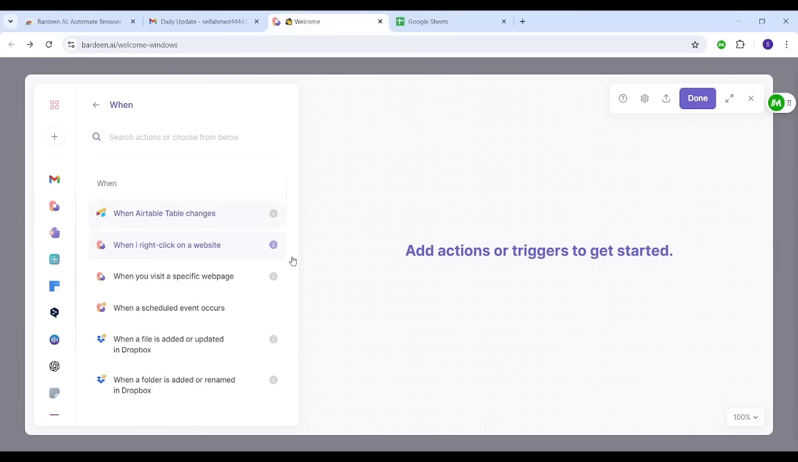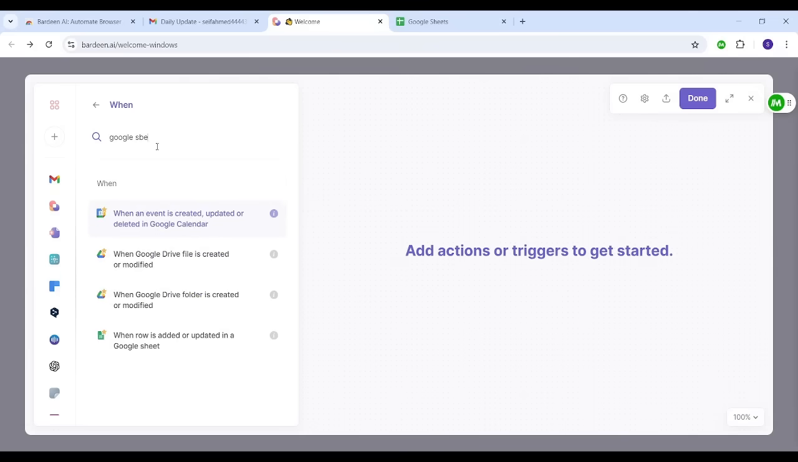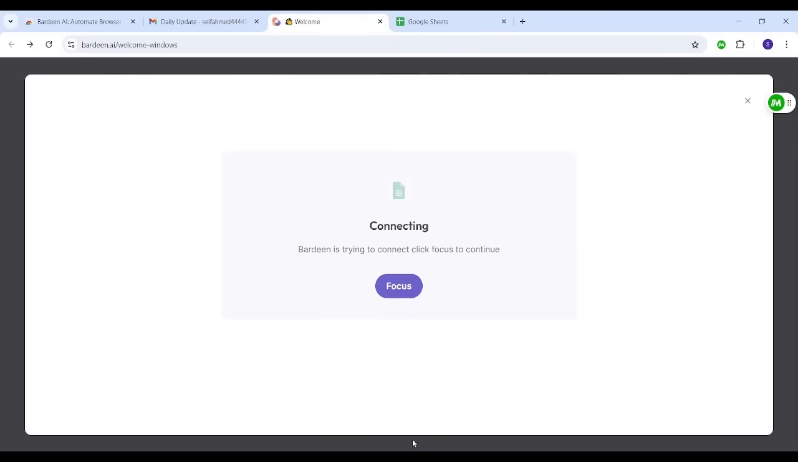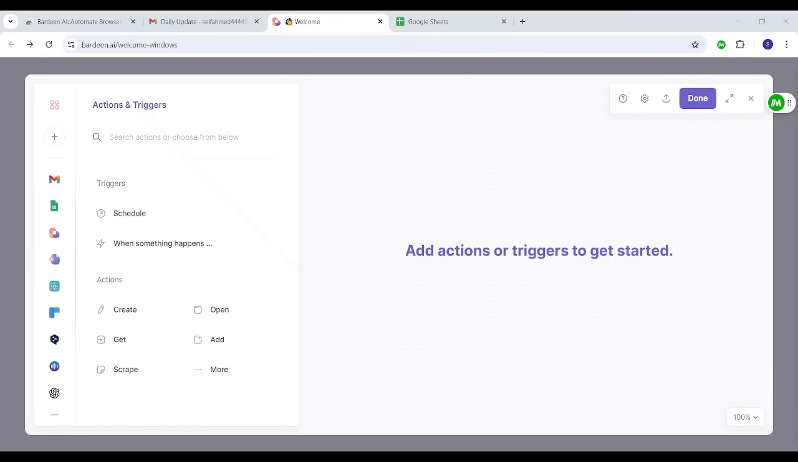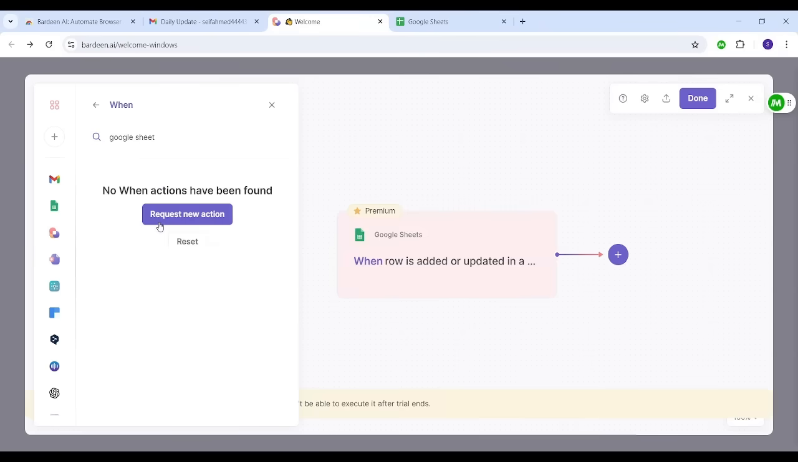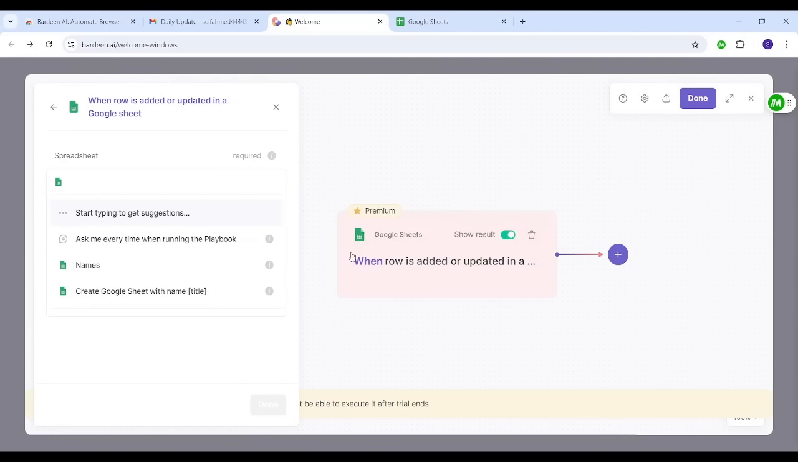So I can do this by going to Google Sheets, write Google Sheets here, and when a row is added or updated in a Google Sheet, and I will have to connect to Google Sheets first. So after connecting, I'm going to choose when something happens, then search for Google Sheets again, choose when a row is added or updated in a Google Sheet, and now I will have to identify the Google Sheet I want,